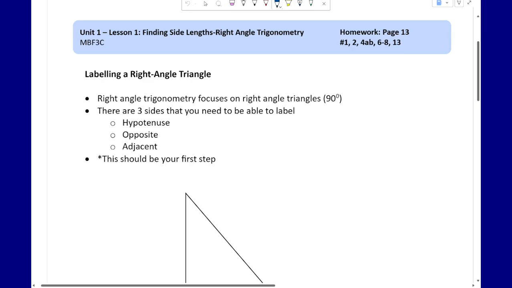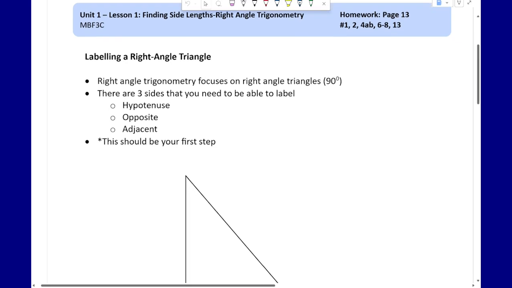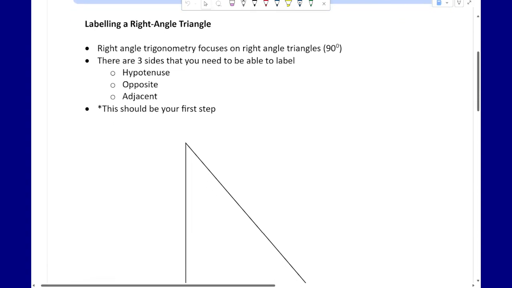In today's lesson, we are going to be looking at finding side lengths using right angle trig. So this should be a review from last year in grade 10. You would have finished off the year looking at trigonometry. So we're going to go over some of the stuff that you looked at last year as well as some new things. If you remember from last year, labeling a right angle triangle is very important